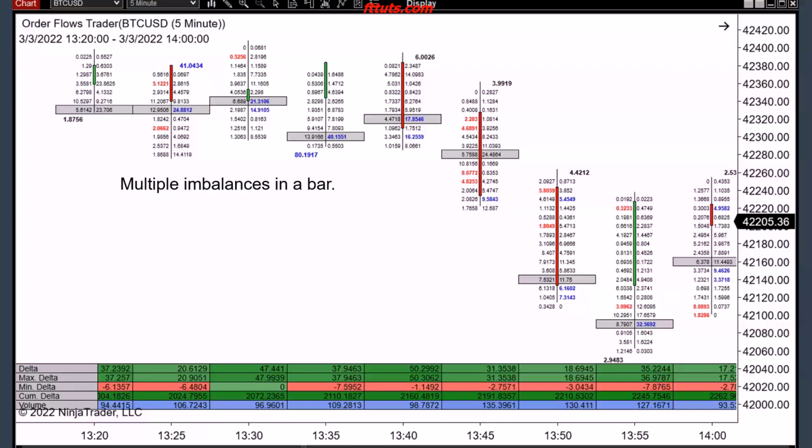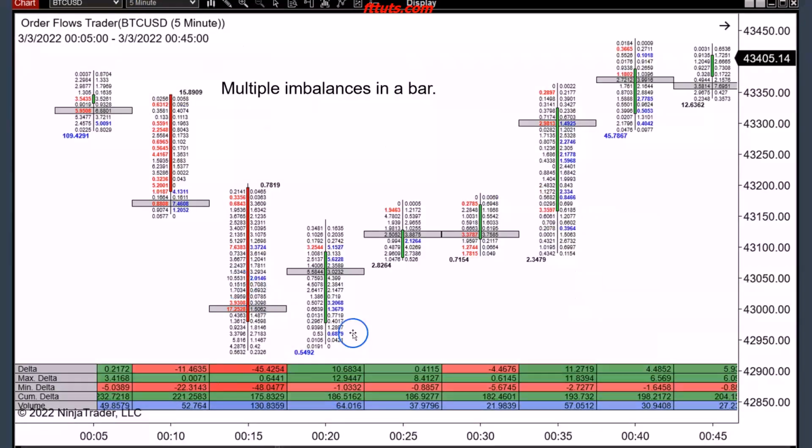So look for multiple imbalances if you're breaking out of an area, if you're just coming off a swing high or a swing low. And again, it doesn't have to occur right at the swing high or swing low. It's nice when it does, but it could be like the bar afterwards, or even 2 bars afterwards, especially if you got other aspects of order flow that is also telling you that, hey, you know what, there's a potential reversal going on, right? Just like here, coming down in here, this is the swing low here, the next bar,